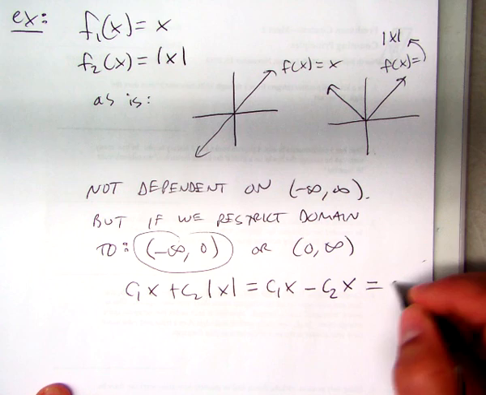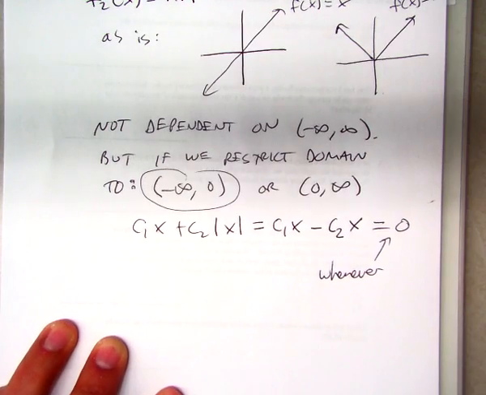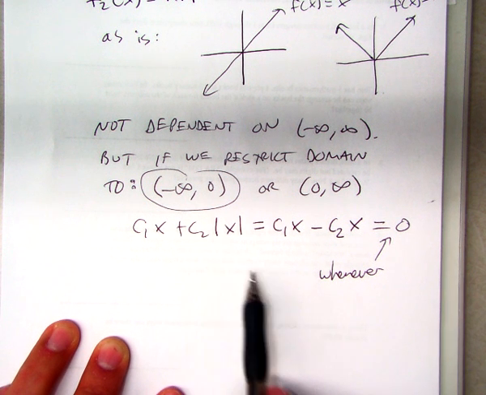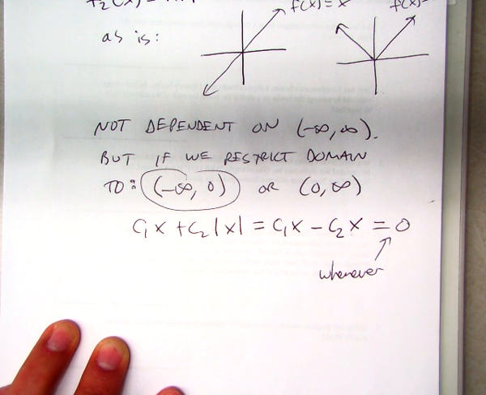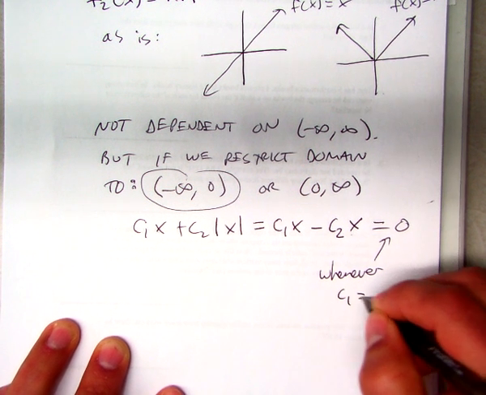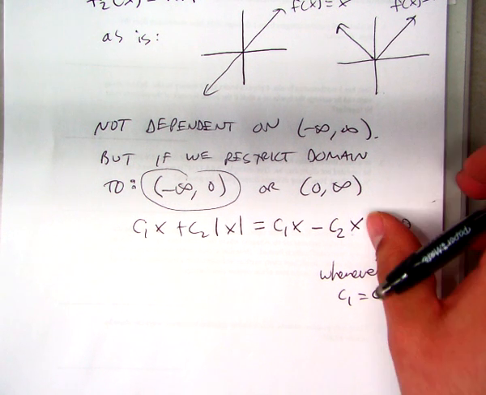And that's going to equal 0 whenever what? So if we're looking in the negative real numbers, absolute value becomes negative x, right? So what choices can we do for C1 or C2? As long as they're the same. Good. So whenever C1 and C2 are equal to one another, we get them to cancel out and equal 0. So they're dependent on a restricted domain, but as a whole, not so much. Okay, does this kind of make sense? All right. Let's move on to